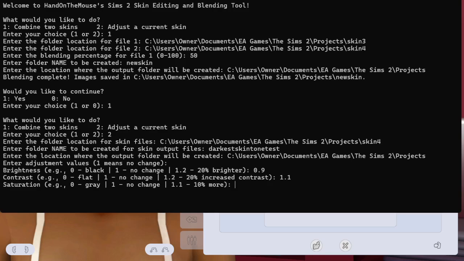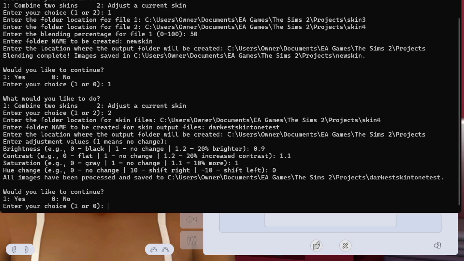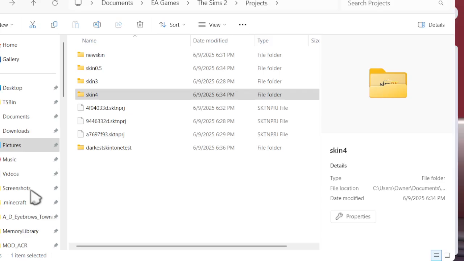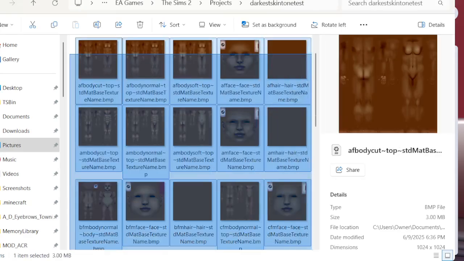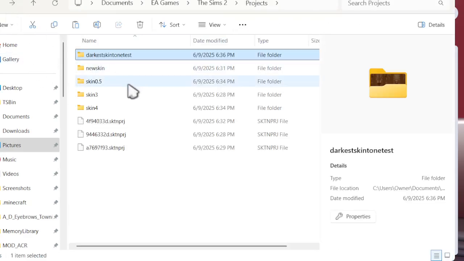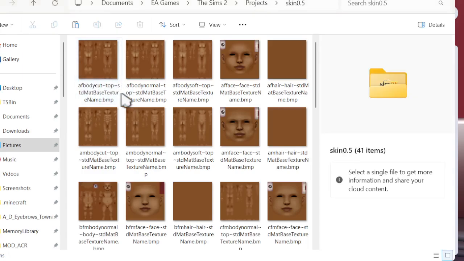And then saturation, when you increase the contrast, it increases the saturation, but it's dark. Okay, usually for darker skin tones, you can increase the saturation all you want. It's less obvious. So for now, we'll do no change. Hue shift, we'll do no change as well. For the hue shift, the no change is 0 instead of 1. So you have that, and then it's going to be in darkest skin tone, and then you want to put it in our skin 0.5,